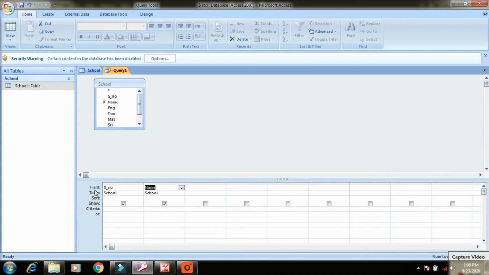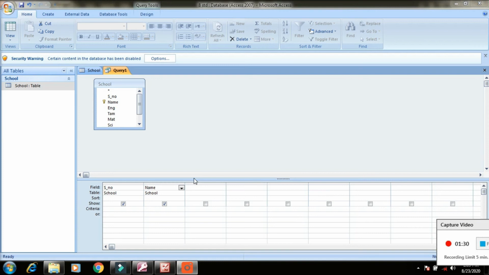This is the part of the query window. In this, what are the fields available? First one, field: from the school table, what field you assigned for the query. Second one, table: from which table you are setting the query. I have only one school table; from that school table we assigned. If there are many school names, then we can set them.